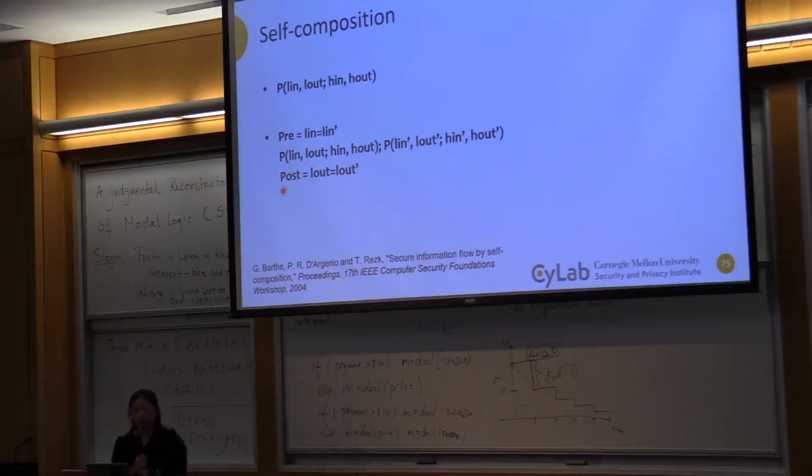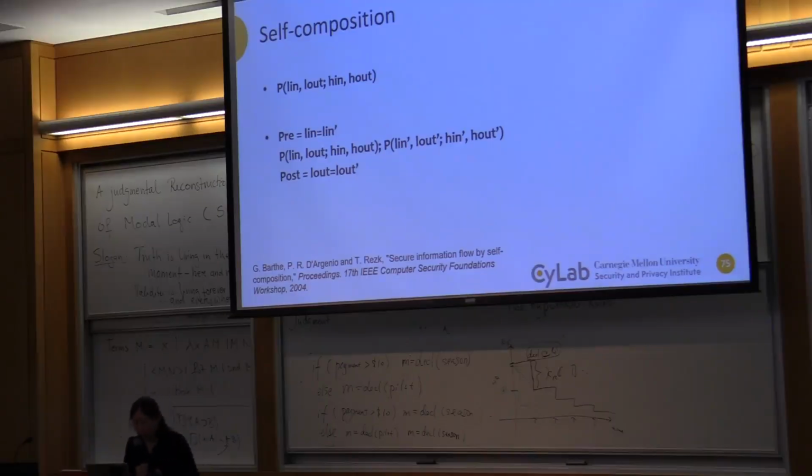It makes sense, right? So this is the same as for all inputs, if low inputs are the same, in the end the outputs should be the same. So this is saying that I'm similar to myself. I didn't have to do the proper variable renaming. Right, so you can do this verification. Even though logical relations are also a hint, when you interpret information flow types, it's a pair of things. Right? So there's also work in that domain as well.